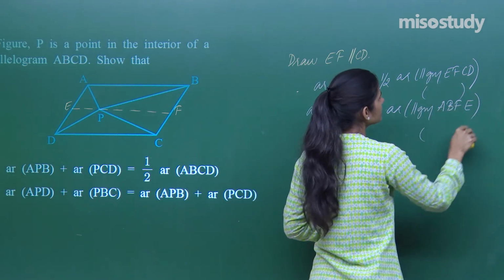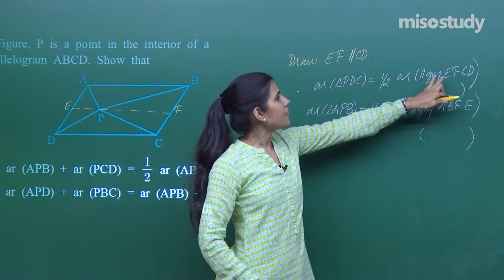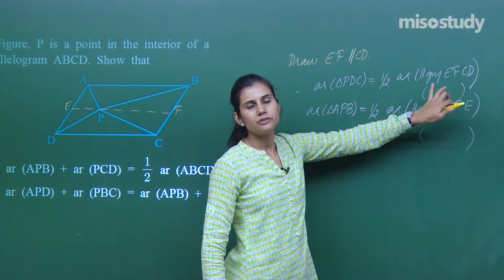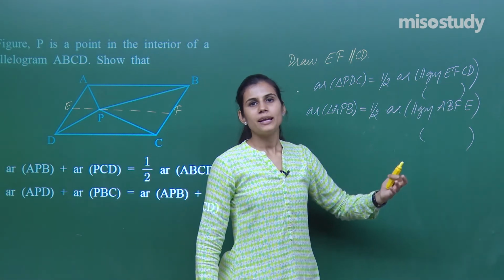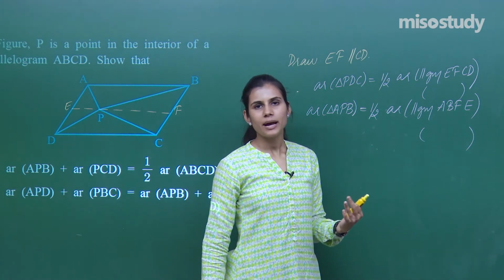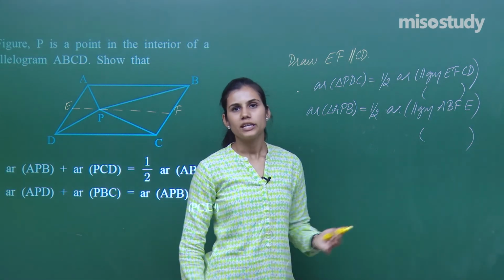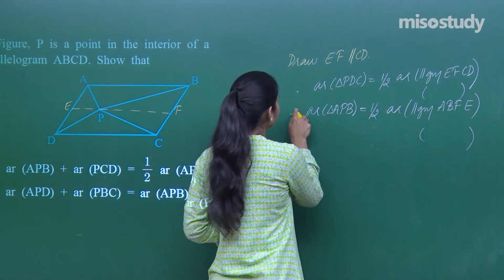You can write the reasons very nicely, because the triangle and the parallelogram have the same base and lie between the same parallels in both the cases. So by using that result, that when a triangle and parallelogram lie on the same base and between the same parallels, the area of triangle is half of the area of the parallelogram, when I add these two,